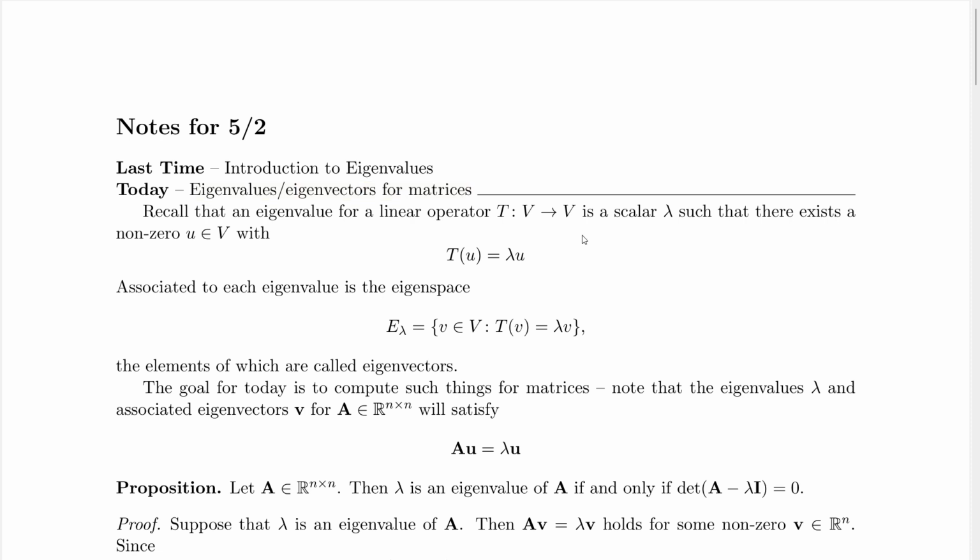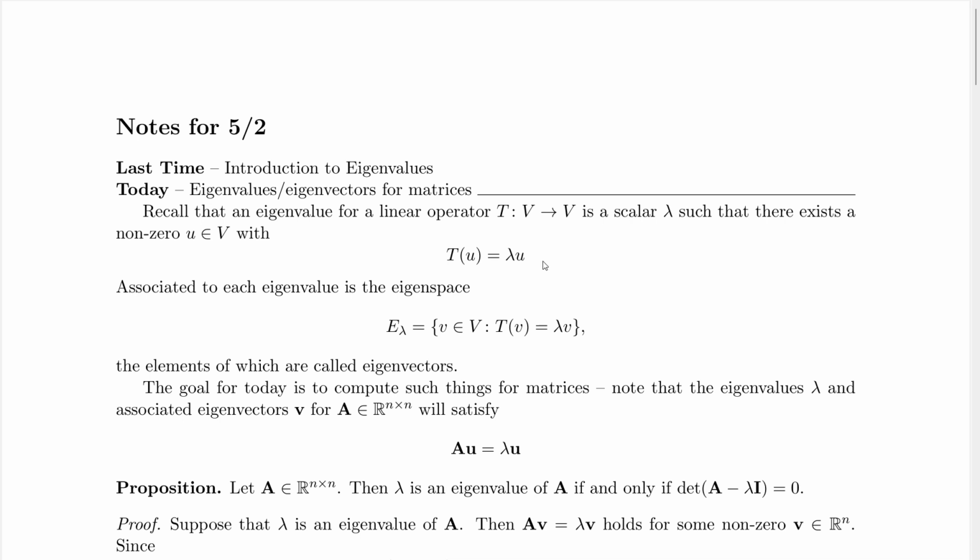specifically. So recall that an eigenvalue for a linear operator is a scalar lambda, such that there is a non-zero element u of V, so that T of u is equal to lambda u. So in other words, the action of the linear operator T on the vector u is to simply scale it by the prescribed value. And again, we stress that you need non-zero here in order for this to be a meaningful definition, because otherwise everything would count as an eigenvalue, since T of 0 is 0 for any